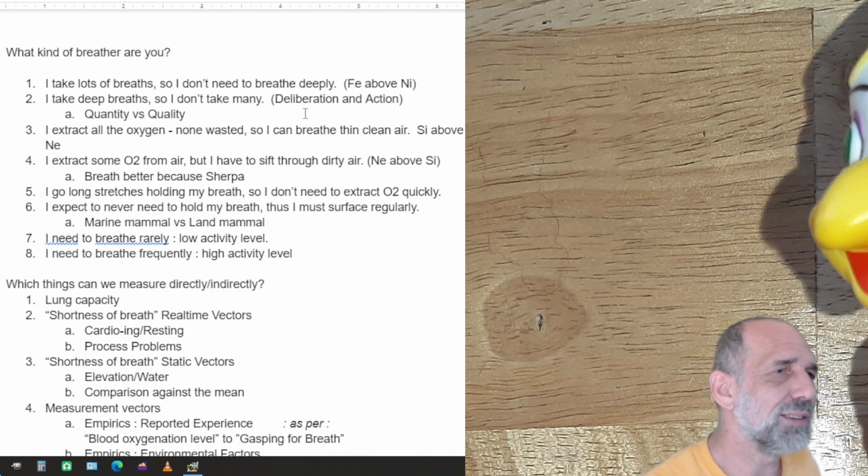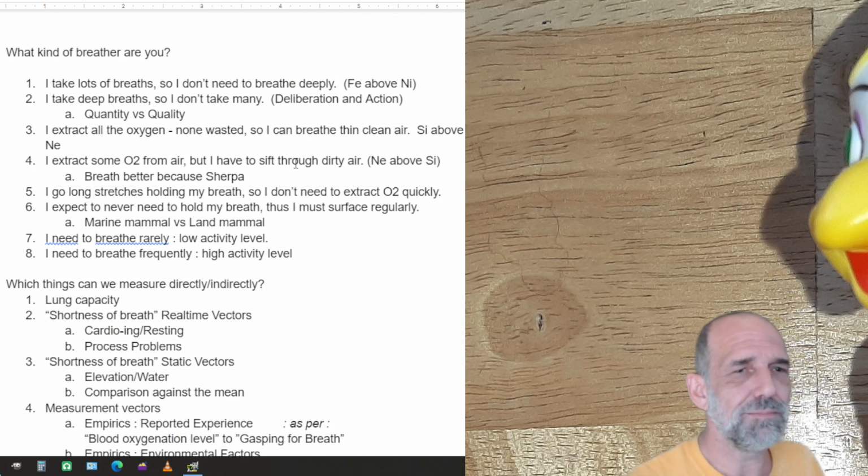This is like a deliberation action approach versus an interface knowledge approach, right? Quantity of breath versus quality. I extract all the oxygen, none wasted, so I can breathe thin, clean air. Or I extract some O2 from air, but I have to sift through dirty air. Like expert intuition,